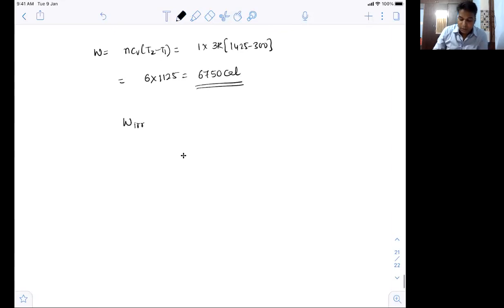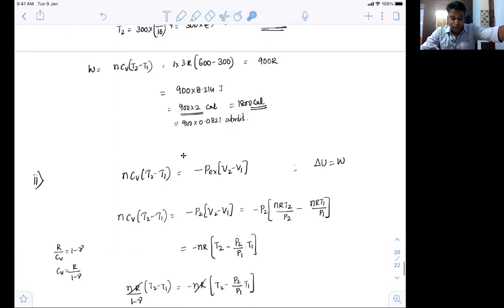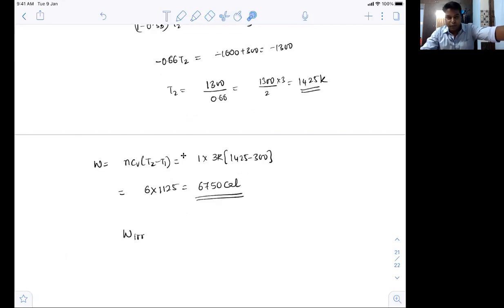1125 कैसे आया? क्या बेटा? या फिर 3R लिया है ना? हाँ सर, वो 24 अप्रोक्सीमेटली मल्टीप्लाई होगा ना। अरे आर का वैल्यू 2 होता है ना भाई, कैलोरीज में कितना होता है आर का वैल्यू? अच्छा कैलोरी। अच्छा हम लोग ओके। कैलोरीज में कर रहे हैं, मैंने जूल्स किलो में निकाला था तो इंटू 8.314 किया था। कैलोरीज में रखो। अप्रोक्सीमेटली 24 तो लेके कैलोरीज में रखेंगे तो इतना तो आएगा। अच्छा, 2 सिंपल नंबर है ना, इसके लिए मैं बोला कैलोरीज में रखो ताकि आंसर सिंपल रहे आपका। ओके सर। When you said multiply by 2, I thought my answer in joules should be multiplied by 2. उसको नहीं, उसको नहीं।